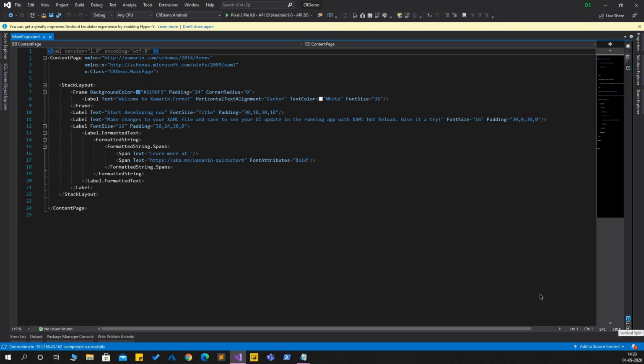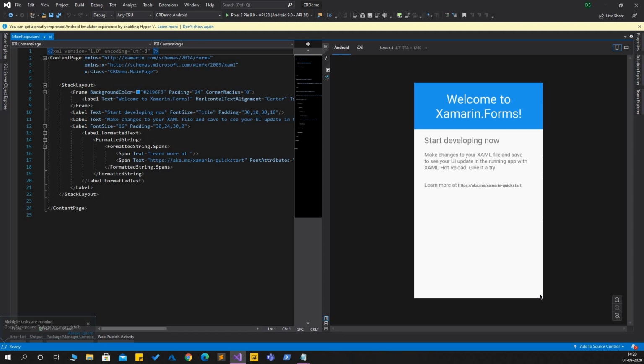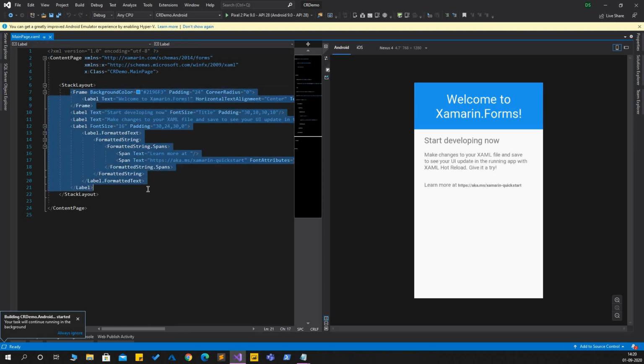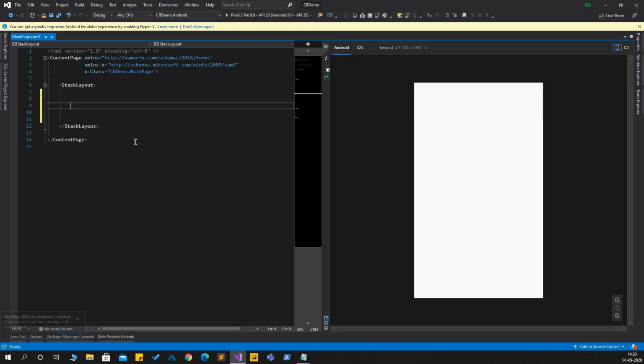If we open the designer view, so this is the basic blank template that we have. So we have some code. I'll get rid of it and I will add a blank entry. So I'll add a text to it, hello, and we will wait for it to be rendered on the designer view.